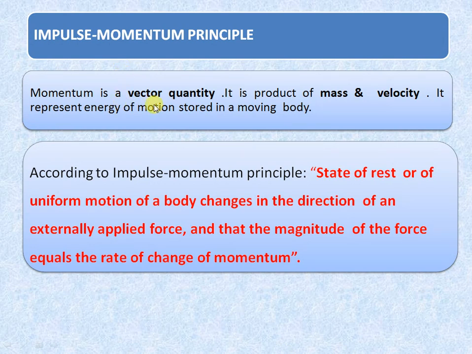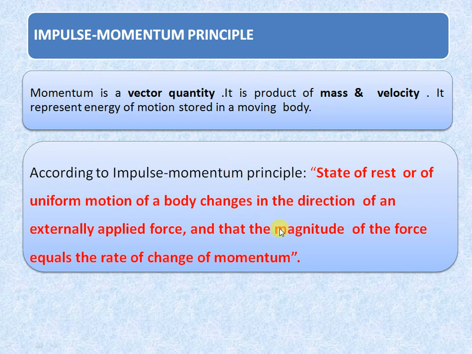So momentum is a vector quantity. It is the product of mass and velocity. It represents the energy of motion stored in a moving body. The impulse momentum principle states that the state of rest or of uniform motion of a body changes in the direction of an externally applied force, and that the magnitude of the force equals the rate of change of momentum. This statement is important because the impact of jet chapter and the turbo machine turbine are based on